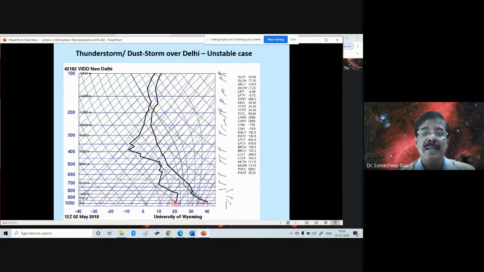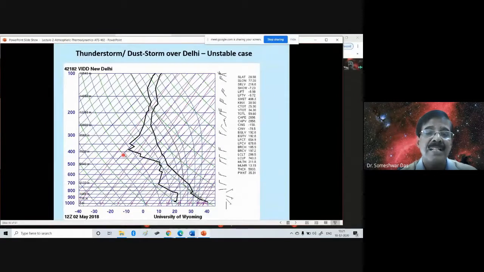And this is what you are seeing, a T-phi-gram in a slightly different orientation. For our convenience, we just try to orient the diagrams in a different way. But since I have explained to you what those lines are, you will immediately know. Earlier, I was telling you that the isobars were slightly slanted in the previous diagram. Here, the isobars are the horizontal lines, starting from 1000 millibar, 900 millibar, and so on up to 100 millibar. These are the isobaric levels.